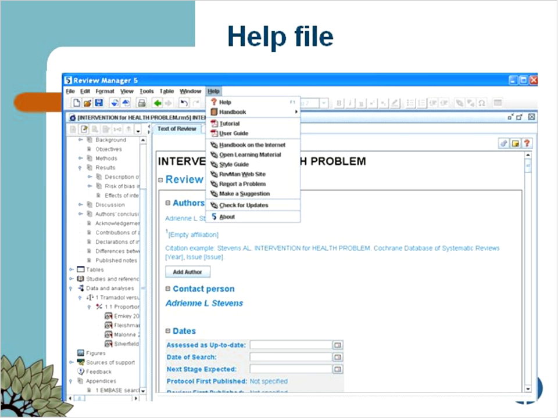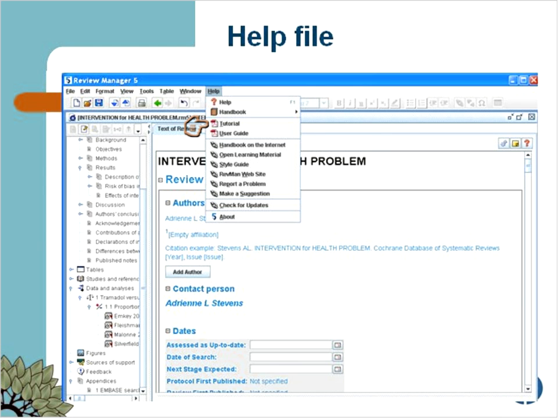Okay, and to remind you, there is a help file within RevMan 5. This is just a screenshot of it. There you can access the handbook, which is the second item down, which is a really great feature. If there's a quick thing you just want to check on, you wouldn't quite remember how to complete that item in the risk of bias table, for example, or you want a little bit of guidance in terms of summary of findings, then you can access the handbook. There is a tutorial. I'll just show you where I'm pointing to here. So if you can see my hand, there is a tutorial.